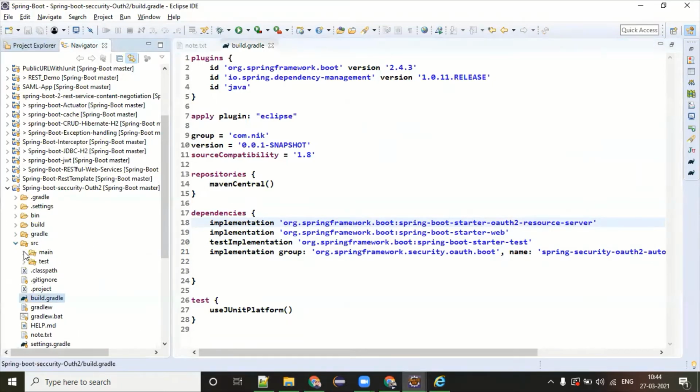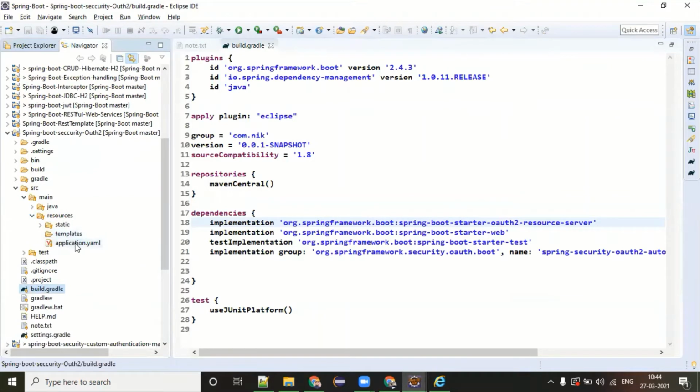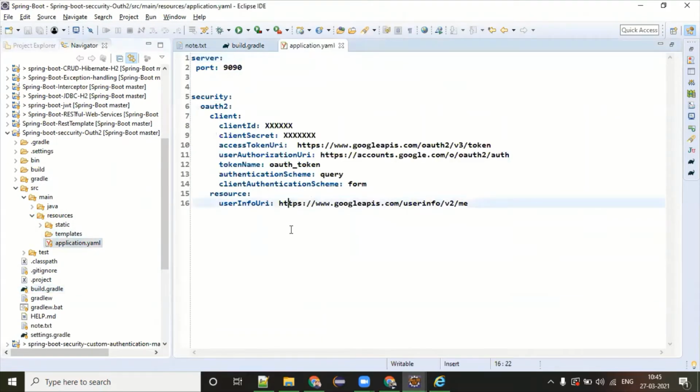Now coming to the source folder. Under source, I have used the application.yaml file. It's not that you have to use a YAML file; you can still use the application.properties file. But here I have taken a YAML file for better indentation.